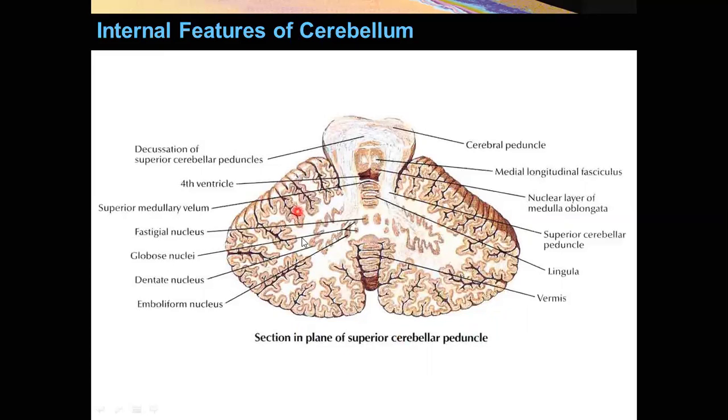Now this is a section in the plane of the superior cerebellar peduncle. Here is the superior cerebellar peduncle. You see the decussation of superior cerebellar peduncles. What you see here is the medial longitudinal fasciculus. Medial longitudinal fasciculus, remember, connects the nuclei of oculomotor, trochlear, abducens, and vestibulocochlear nerves. And here is the superior cerebellar peduncle, superior medullary velum,